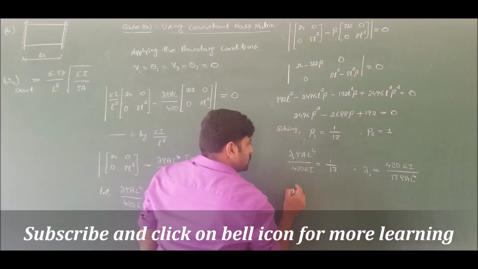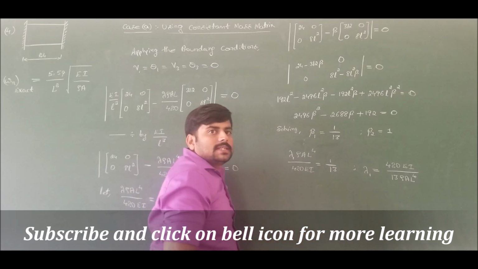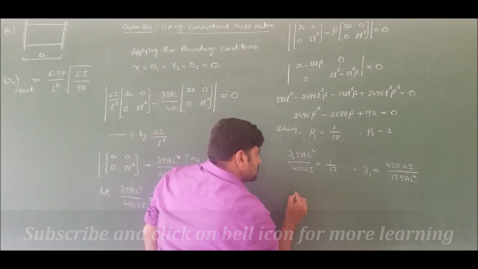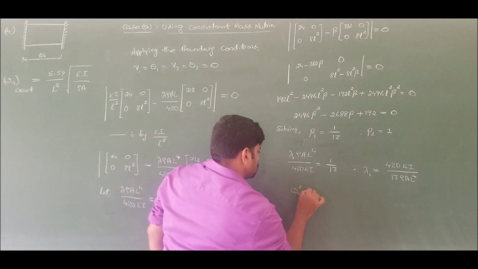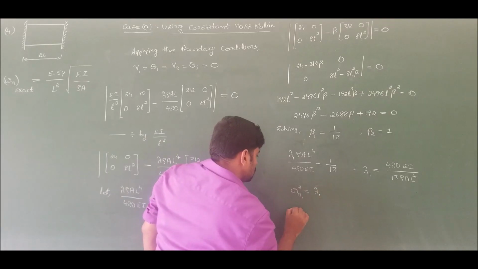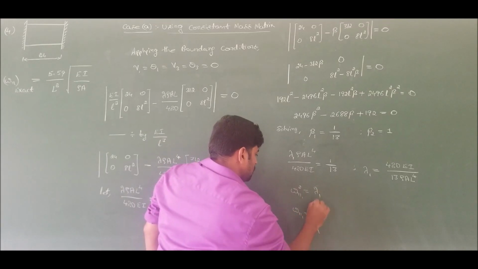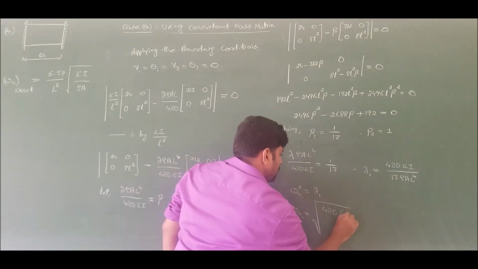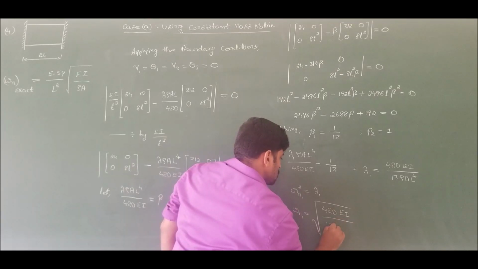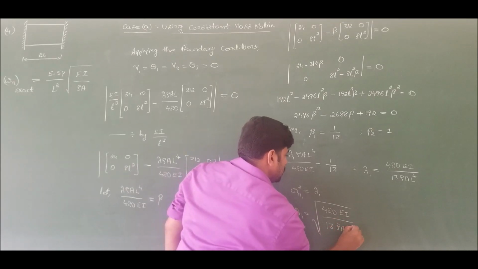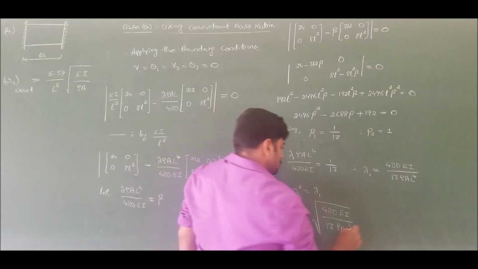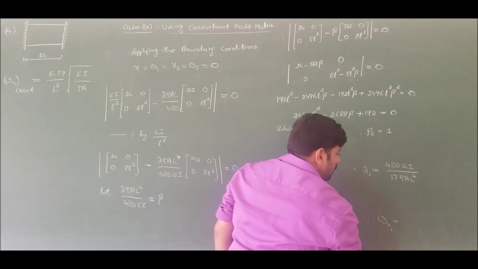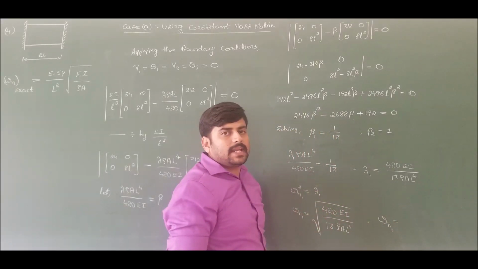And we already know that the eigenvalue is nothing but the square of the natural frequency. So therefore, the fundamental natural frequency omega n1 squared is equal to lambda 1. So omega n1 is equal to the square root of 420 EI divided by 13 rho A L to the power of 4. If I simplify, I will get the fundamental natural frequency for the given problem using consistent mass matrix for